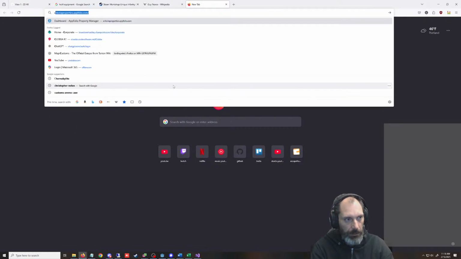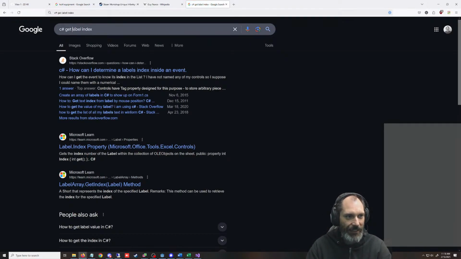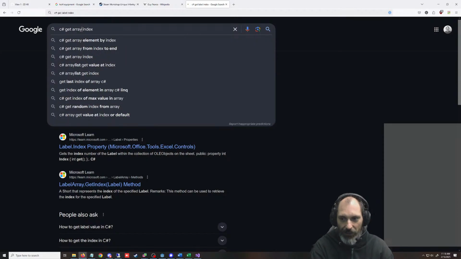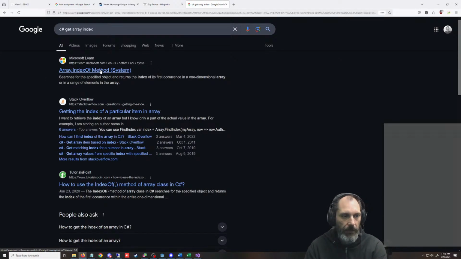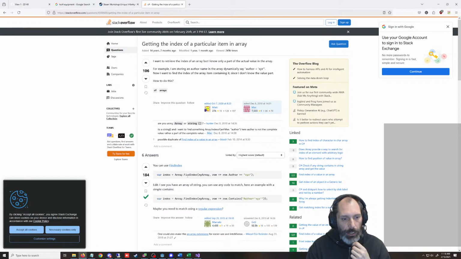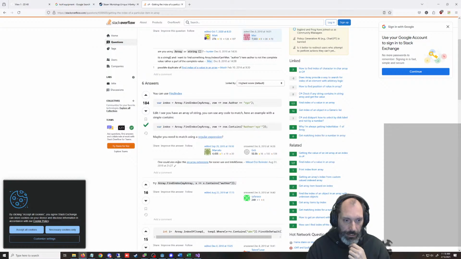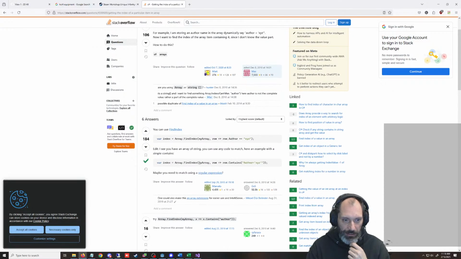Get C# get array index. Index of, I mean, we could just do a for loop, I suppose. Find index. Really? It's that much of a pain?